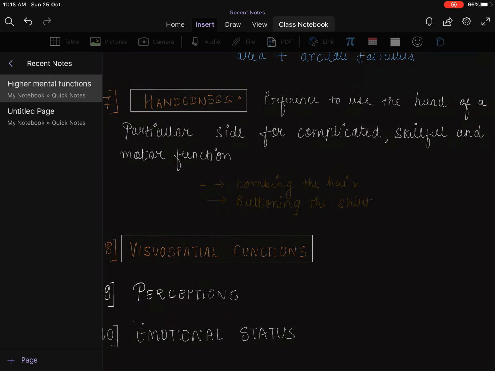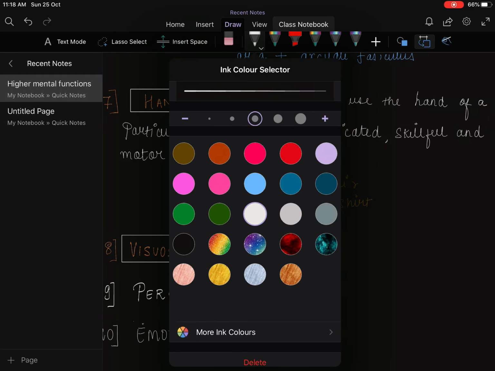And coming to apraxia. Apraxia is a defect in the ability to carry out known acts in the absence of motor weakness, sensory loss, or ataxia. There are four types of apraxia. One is limb kinetic apraxia, in which a specific motor disability of one limb is seen, usually an arm, and there should be an absence of gross weakness or ataxia. The second one is ideomotor apraxia.